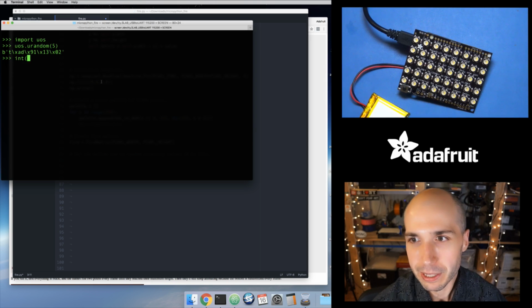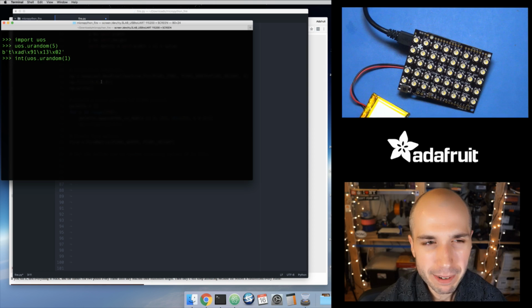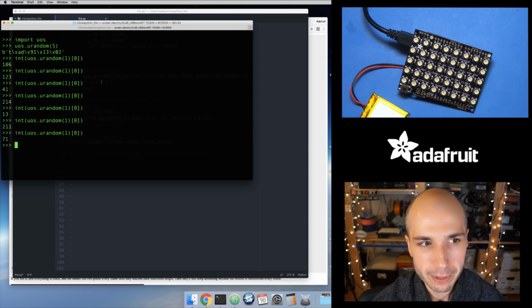I can say, okay, Python, convert this byte into an integer. So I can say uos.urandom, and I just need 1 random byte value. But I have to also tell it explicitly to pick index 0 here. So when I do this, and if I call this over and over, you see I get random values from